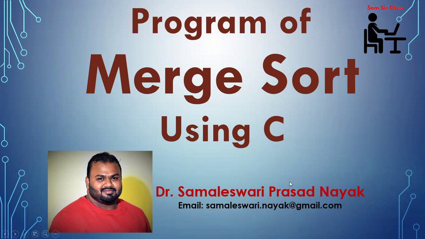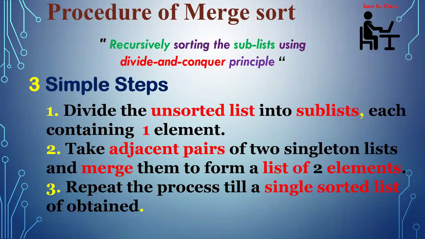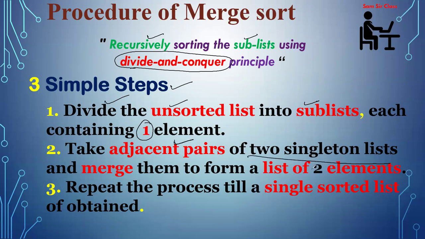So before starting the programming part, let us recall the concept of merge sort. Merge sort is nothing but recursively sorting the sublists using the divide and conquer principle. We have also seen that it follows three different steps. You have to divide the entire unsorted list into sublists, which will contain a maximum of one element. Then we take the adjacent pair of two singleton lists so that the two elements can be sorted and merged, and you have to repeat the same process until you get a